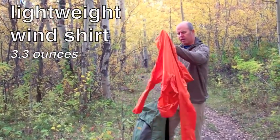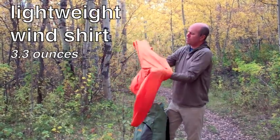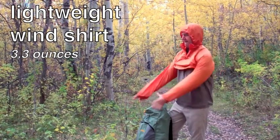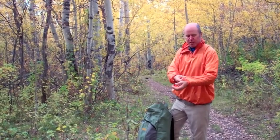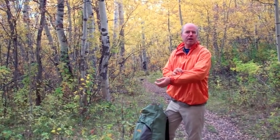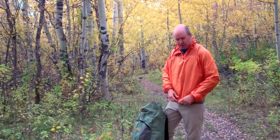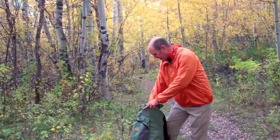The next layer that would go on top of this is a great little unit. This is just a lightweight wind shirt. This weighs about 3 ounces. And this is a very versatile piece of gear. It wouldn't be good in a downpour. It is very nice in a breeze. For 3 ounces, there's a lot of insulating power in this. The next layer I would have